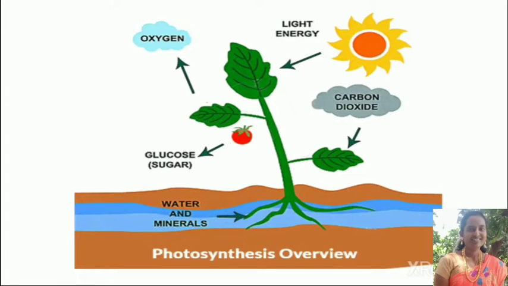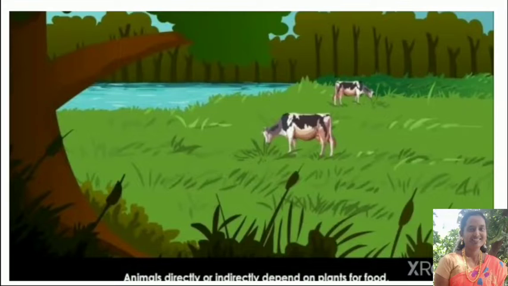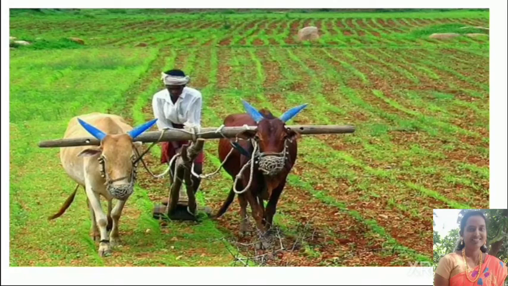Green plants make their own food by using a process called photosynthesis. But animals and human beings cannot make their own food. So humans and animals are directly or indirectly dependent on plants for food. In order to provide food for a larger population, farmers are facing a great challenge of producing sufficient crops to meet the demand for future generations.